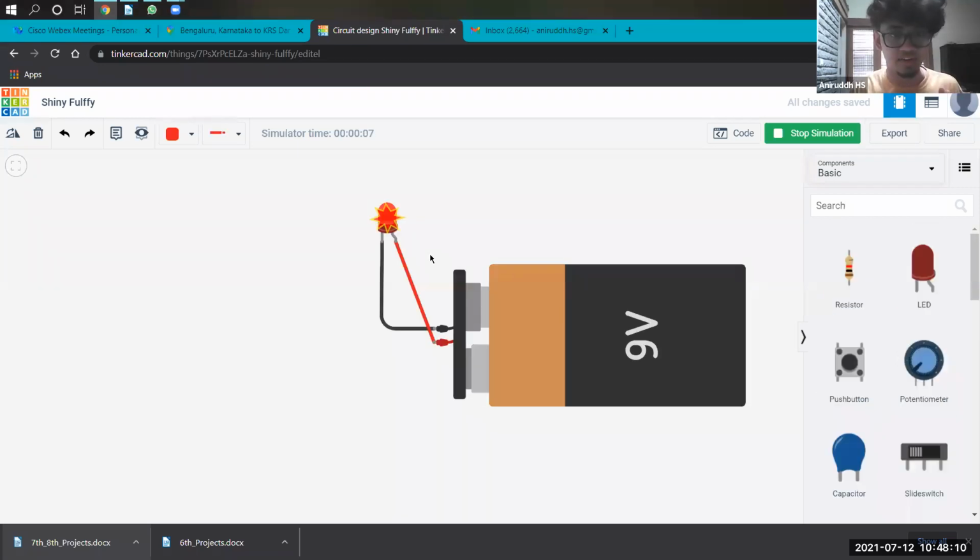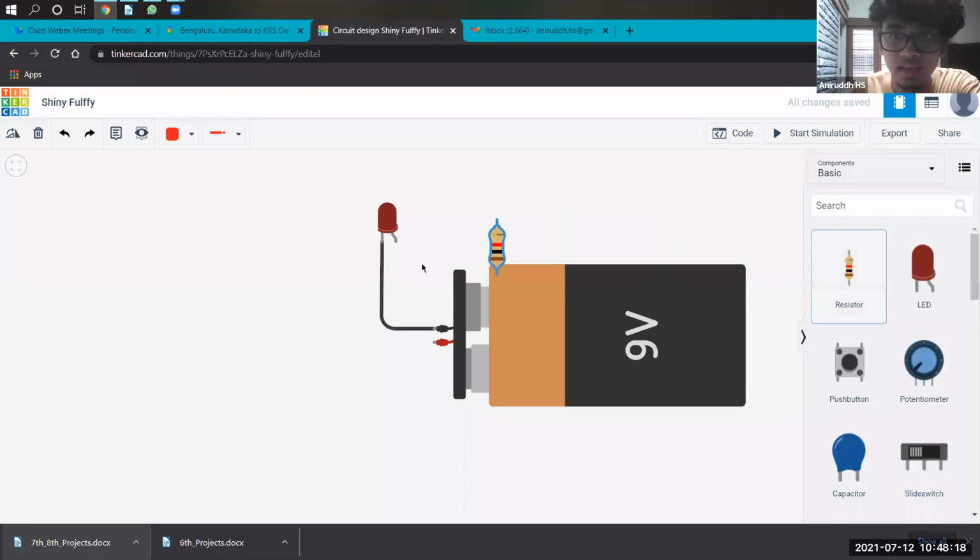It's a very sensitive device. It can't handle too much current. So in order to not make it explode like this, we use a device called a resistor. This device here is called a resistor, and it is a very important component in electronics. Now let me connect the LED to the battery and let's see what happens.